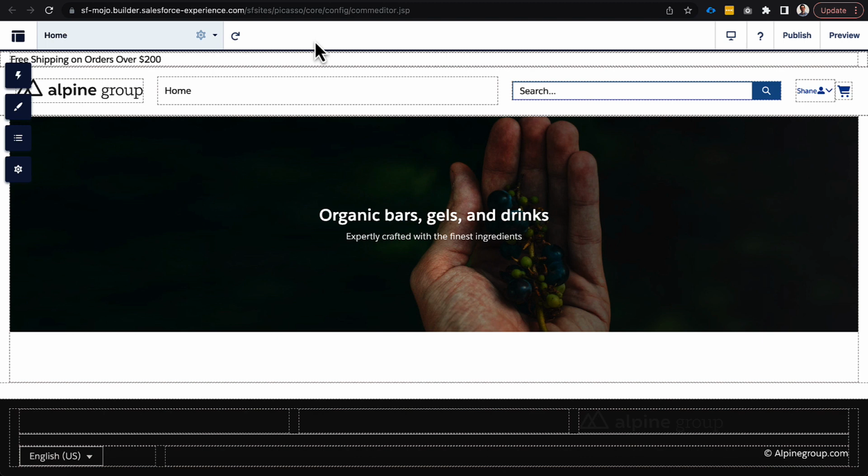All right, we have our site up now. So the plan here is we're going to go through each one of these pages and just do a quick overview of some of the differences in structure and some of the components that are available, because some things have changed. And we'll plan on doing the home page, the product page, the category page, the cart page,